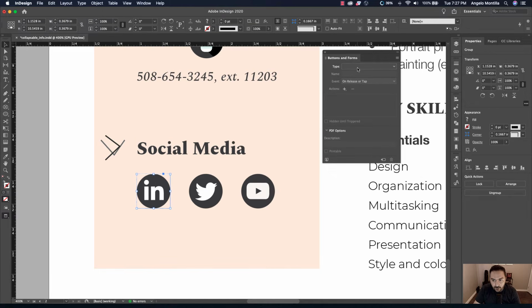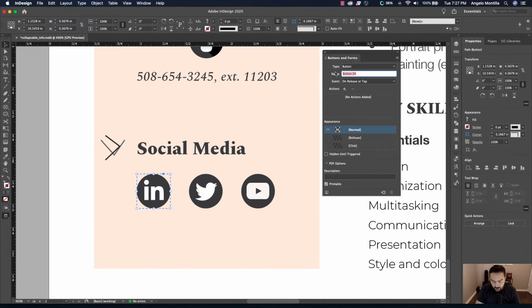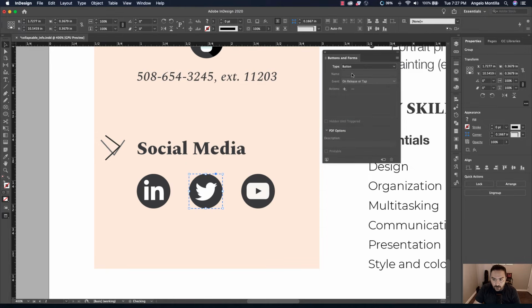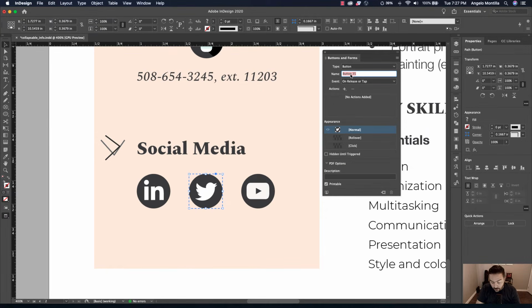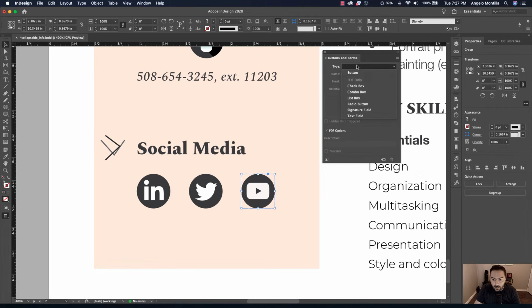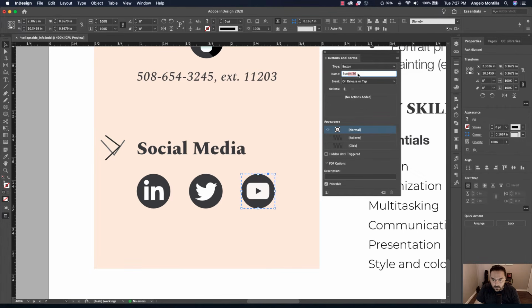Click on the LinkedIn button icon and let's turn it into a button. And let's just simply call that LinkedIn icon 2. Hide that. Click on Twitter, and I think you get it from now on. You're getting the idea. Let's call it Twitter icon 2, and let's hide it. And YouTube is the last one, so let's go ahead and call this YouTube icon 2, and let's hide that as well. Let's start adding the actions now.